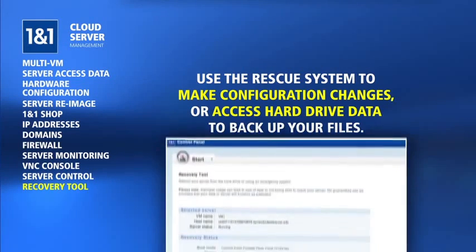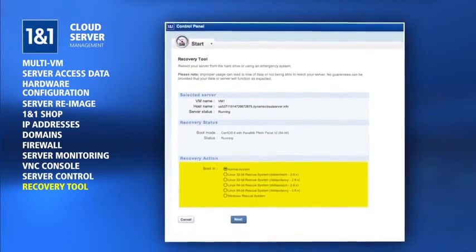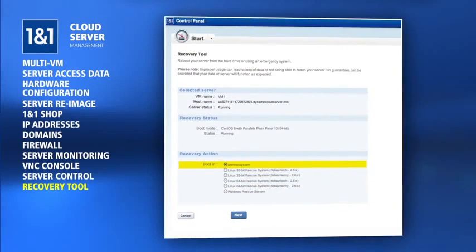files. To try booting your server again from the hard drive after making any changes, choose the Normal System option from the Recovery Tool